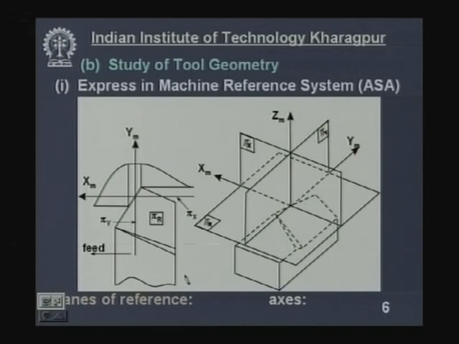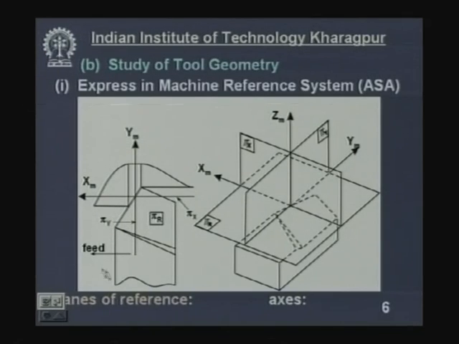Now, here we have to visualize the angles. I told that angle means inclination of some feature or face of the tool with respect to certain planes. Now, you have to take some planes for reference with respect to which inclination have to be measured. Now, what are the planes of reference? The planes of reference will be,